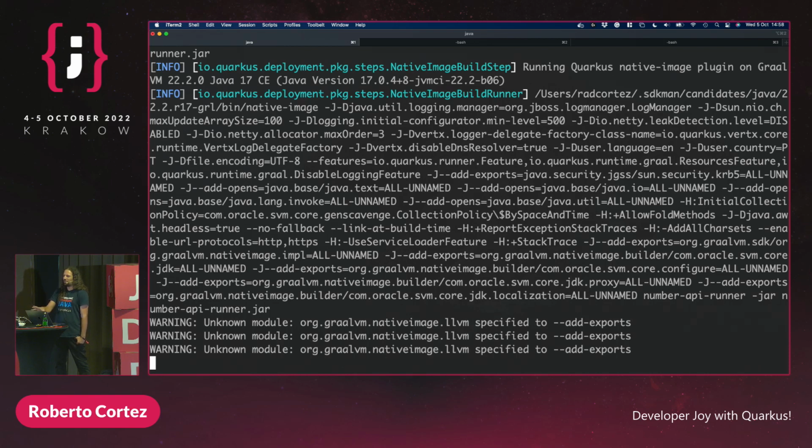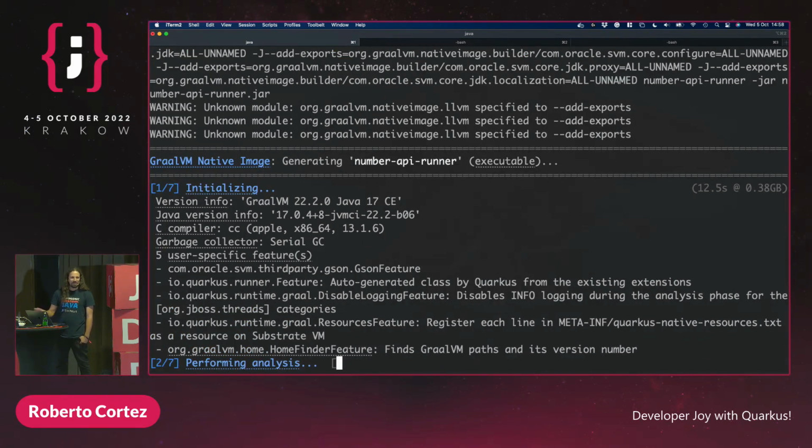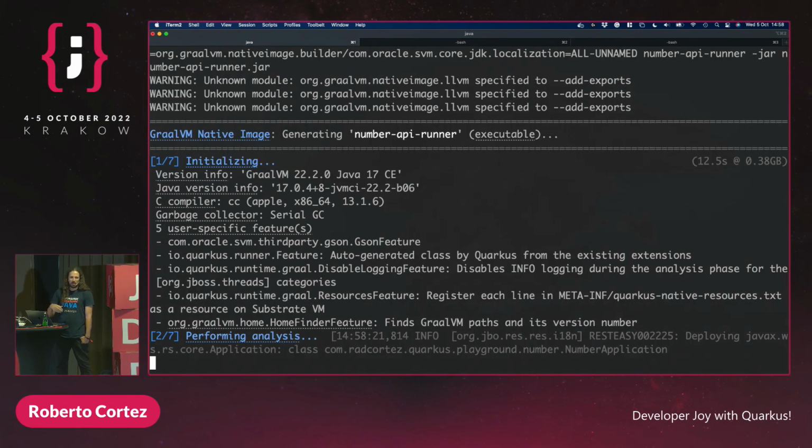Because you're building a native executable of your code, right? So the recommendation is not that you build the native image every time you do a change, because that's not going to be scalable, it just takes a lot of time. What we try to do with Quarkus is give you the same developer experience whether you run the code on the JVM or as native. So the recommendation is you just develop your code on the JVM, use exactly what I showed you, running tests, running the application,